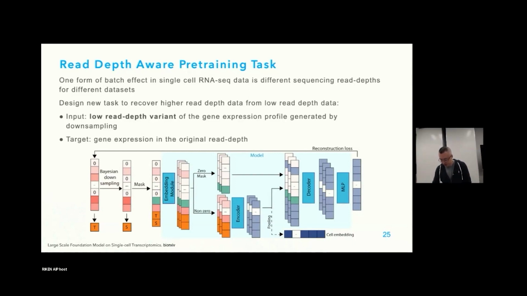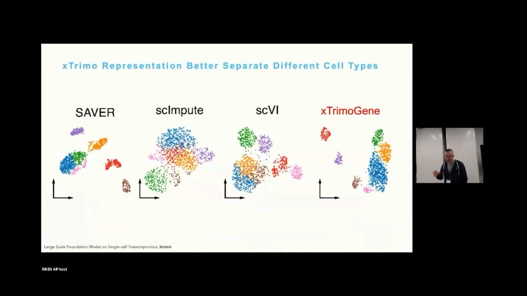So after you pre-train this model, we scale the model up to 100 million parameters. It's already the largest in the field, but still not large enough. We find that again, the pre-trained model provides embeddings which better differentiate different types of cells. And you see that the different types of cells, with different colors, tend to be more clustered in this pre-trained latent space. So one interesting downstream application for many pharmaceutical companies and many biological research labs is this: